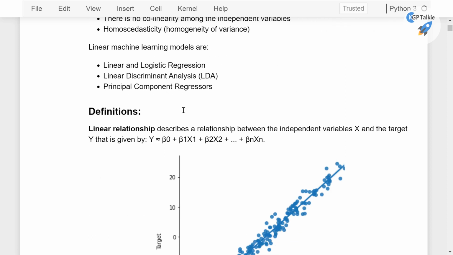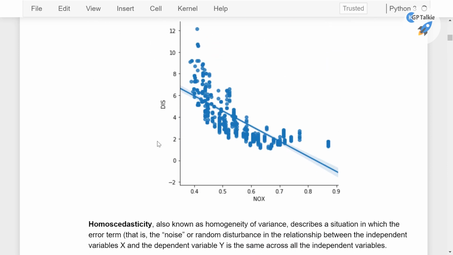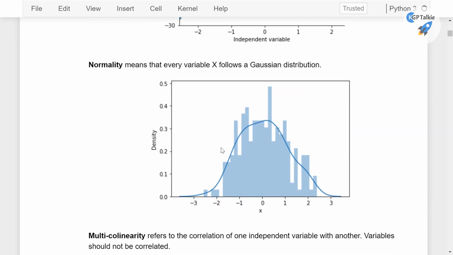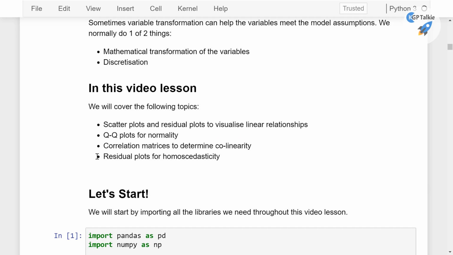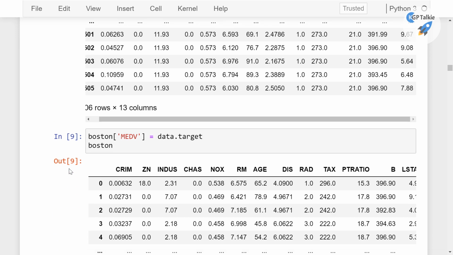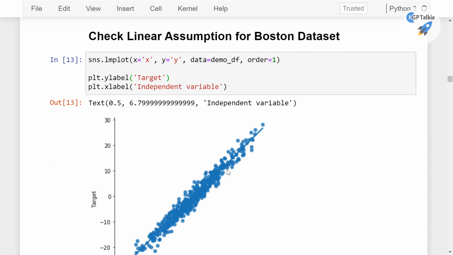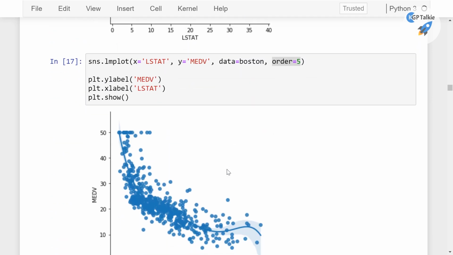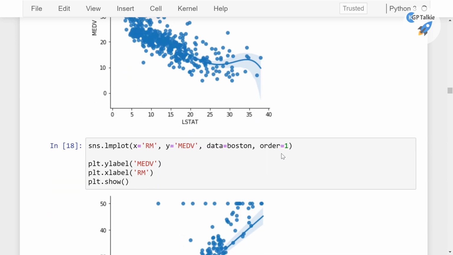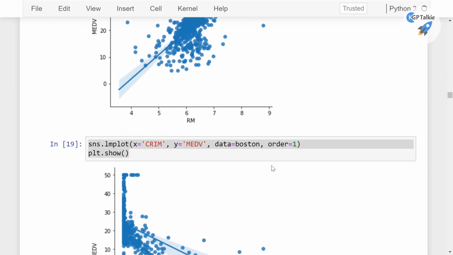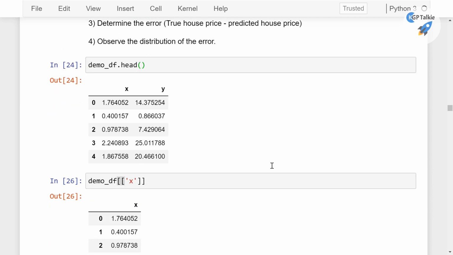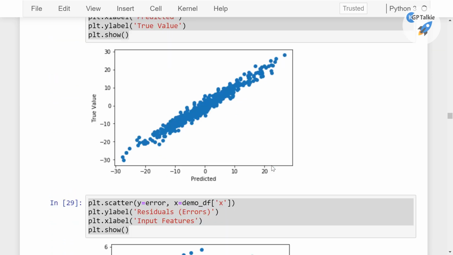What are those assumptions? Thereafter, I'll be discussing these assumptions with the definition, how we make sure that we meet these assumptions in our data set, and how to check them. To check the linear model assumptions, we have to analyze our data set. So I'll be creating a reference data set, and then I'll show you with various statistical analyses and various matplotlib and seaborn plots whether our data is following the linear model assumptions or not. If it is not following, then we have to do a log transformation